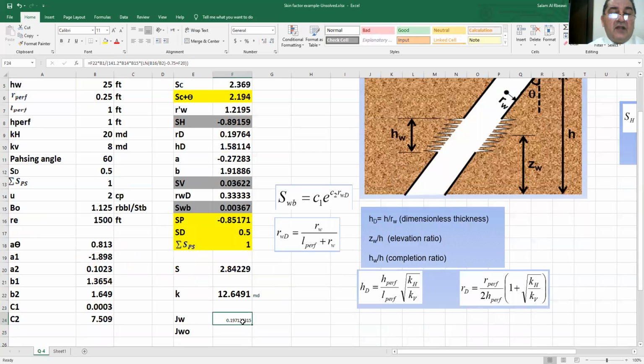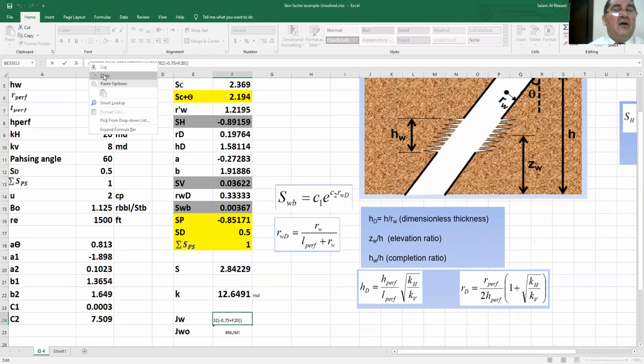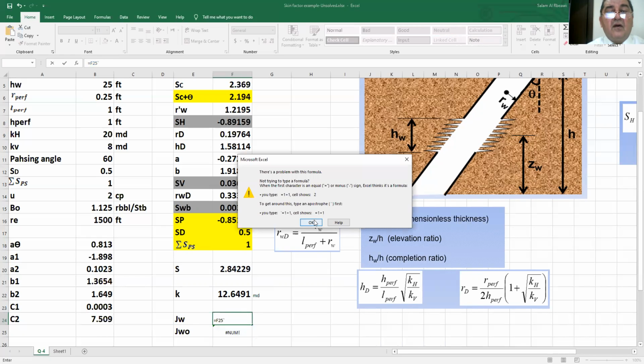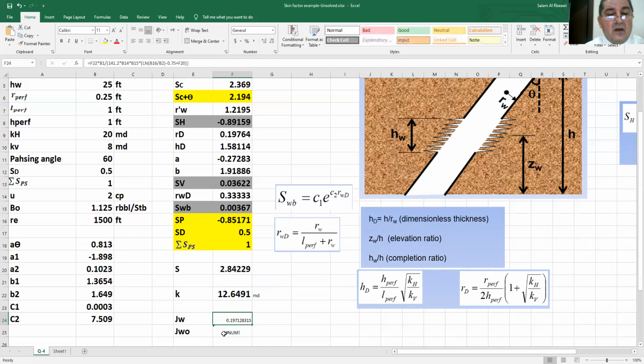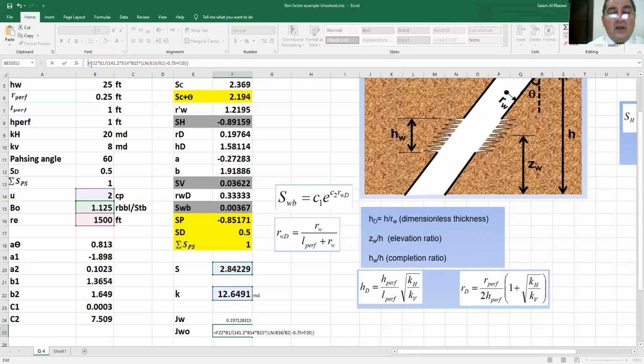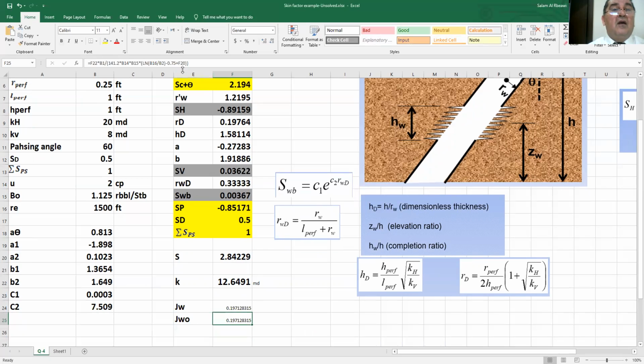And we can do it again, but we are going to remove the skin factor from the second case. So this is with the skin factor. So as you